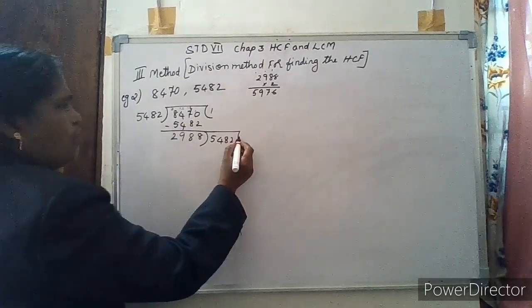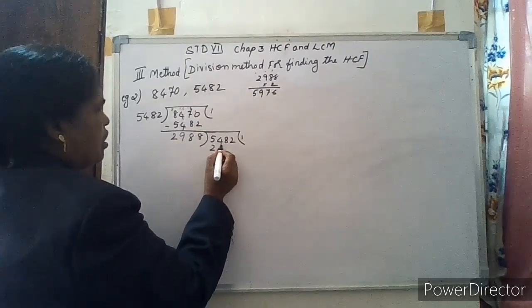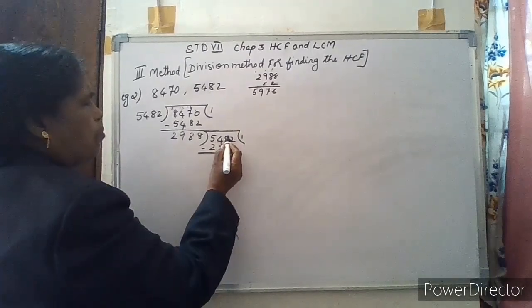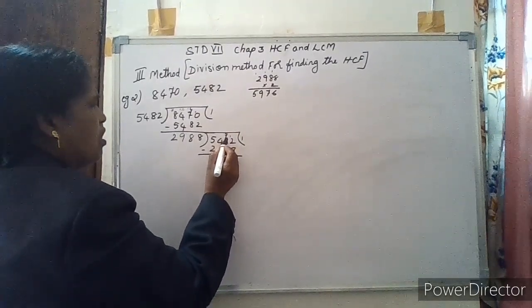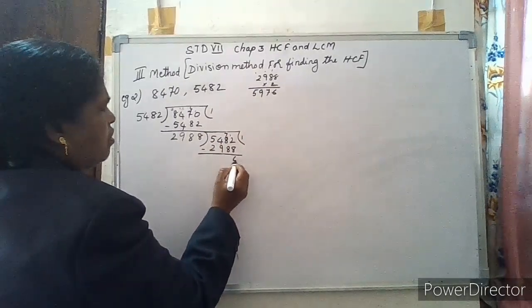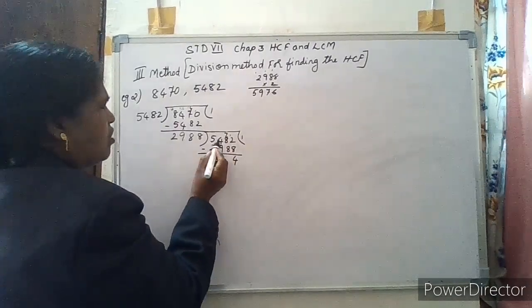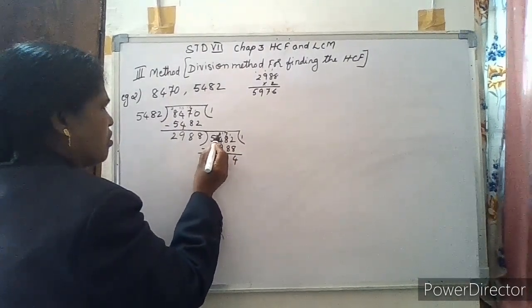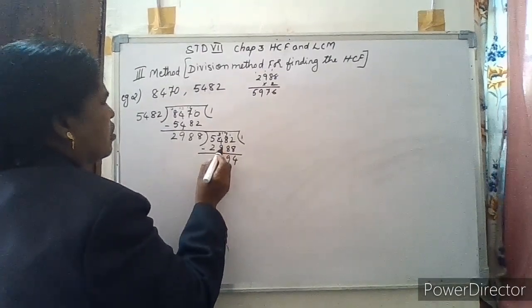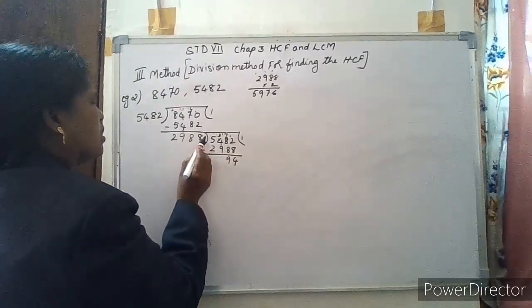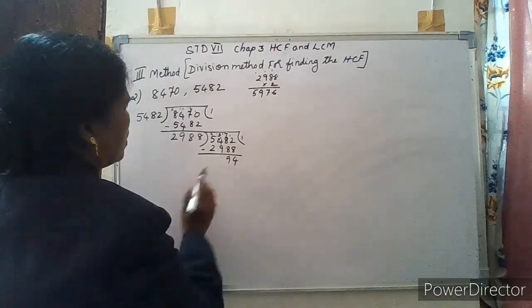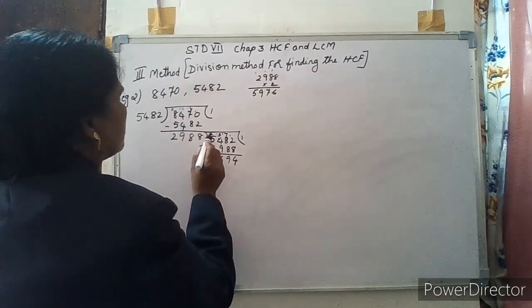So again once. It would be 2,988. So subtract this. 2 minus 8 not possible. Borrow 1 here. It is 7 here. So 12 minus 8 is 4. 7 minus 8 not possible, so borrow 1. It is 17. This is 3 here. 17 minus 8 is 9. Then 3 minus 9 not possible. Borrow 1 here. 13. So this is 4 here. 13 minus 9 is 4. 4 is the remainder here. And this is 4 minus 2.